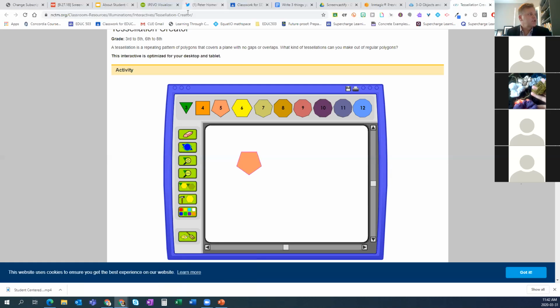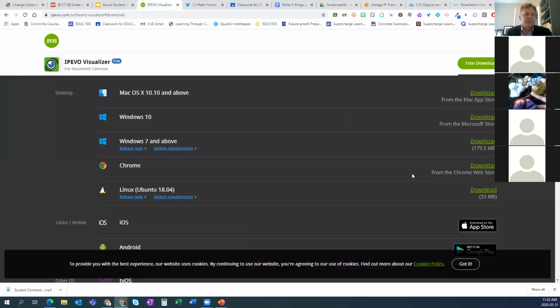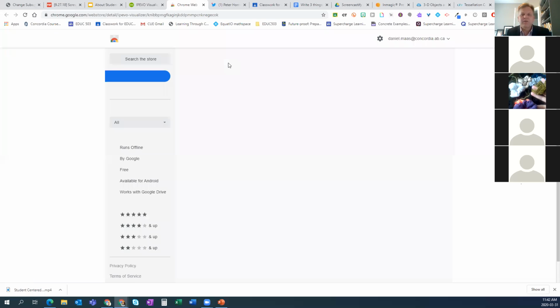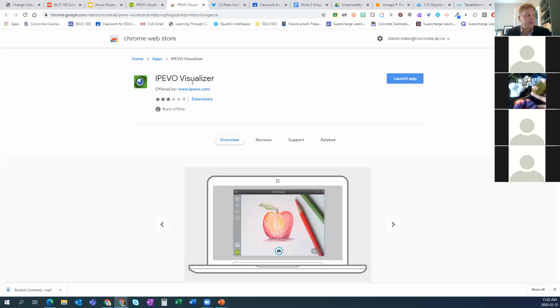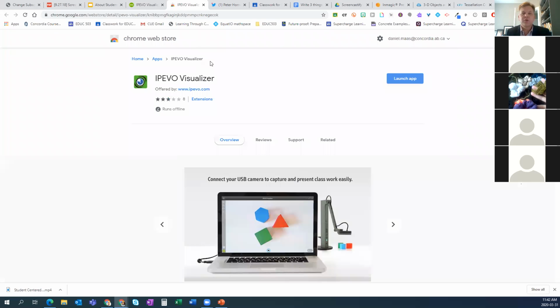And so what I would encourage you to do is this: it comes in a lot of different formats. IPEVO Visualizer. It is a Chrome app, and if you prefer to install it as a Mac, Windows or Linux application, you can certainly do that. For whatever reason, when I go to the Chrome Web Store, I can't search and find IPEVO Visualizer, because it is an app and not an extension. So for those of you who have the apps part shut off and you're just searching extensions, it won't show up. But if you just Google search IPEVO Visualizer, and let me just copy this link,